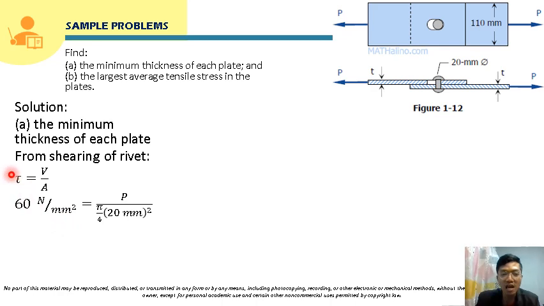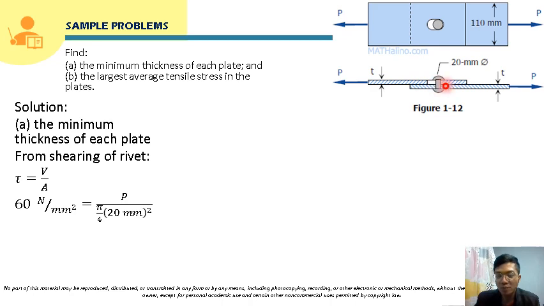The given allowable shear stress for the rivet is 60 megapascal, right? We can also rewrite megapascal as Newton per millimeter squared. So that will be equal to the internal shear force,